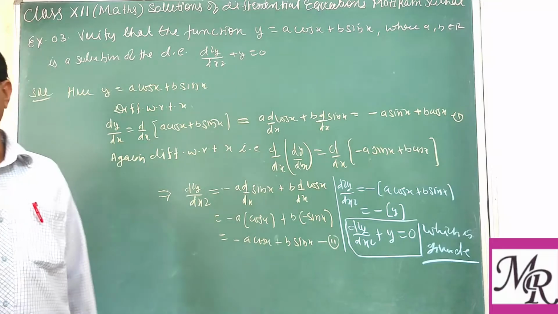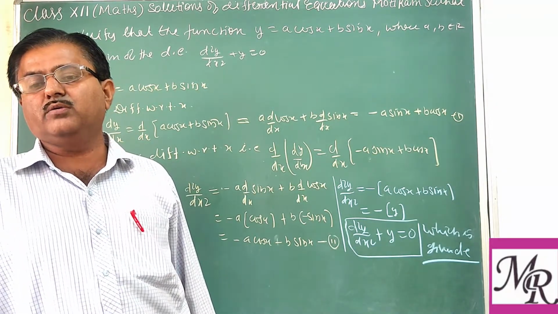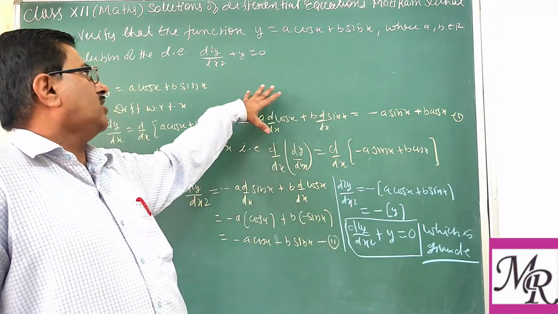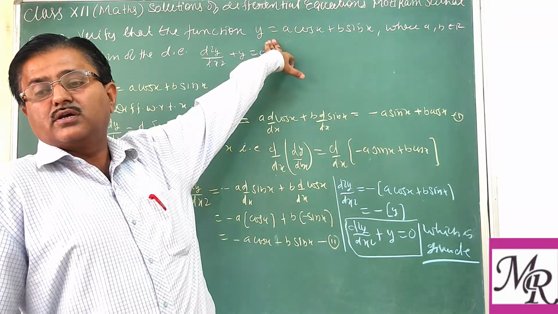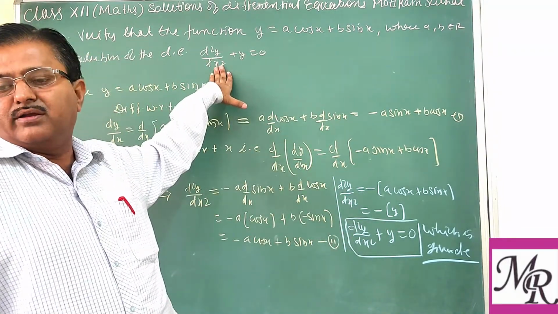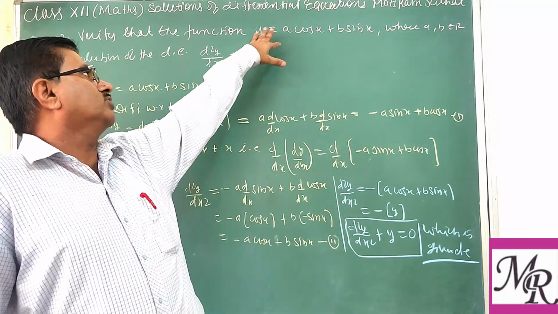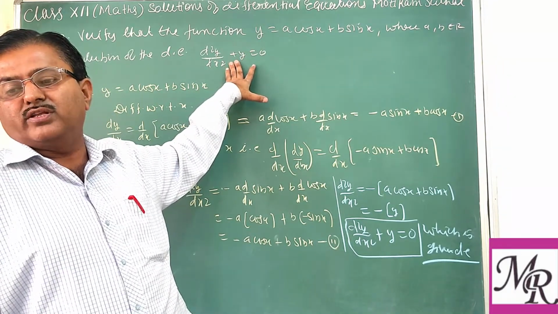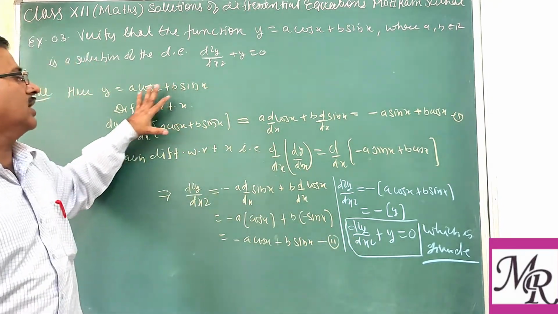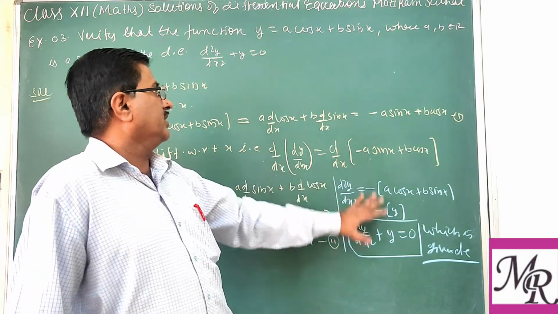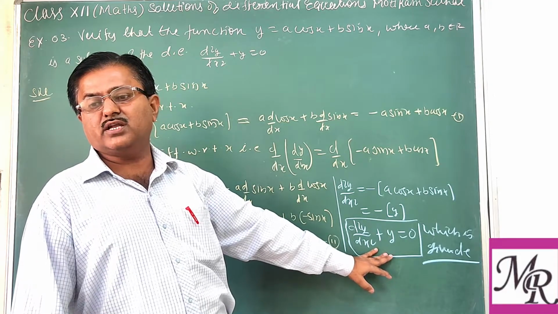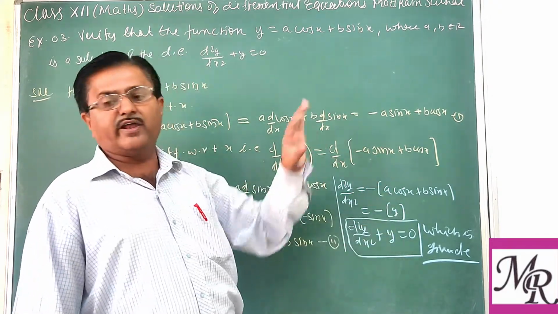So when you form the differential equation from the given curve, what is this process called? Formation of the differential equation from the given curve. So the differential equation we get is satisfied by the given curve. It means the curve is the solution, because from it we are forming the equation. One may also prove it by taking the given curve, differentiating and eliminating the arbitrary constants a and b, and finally you get the given differential equation, then we say it is verified.